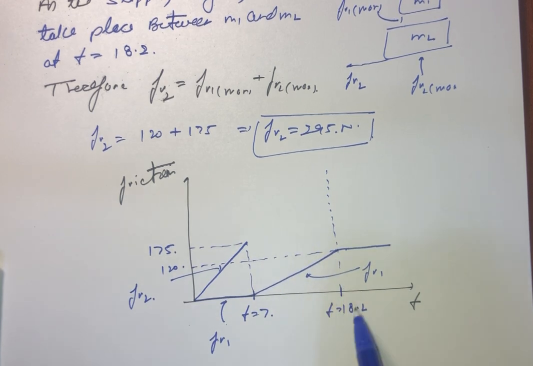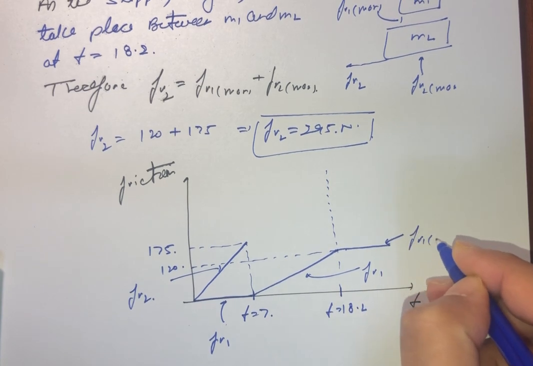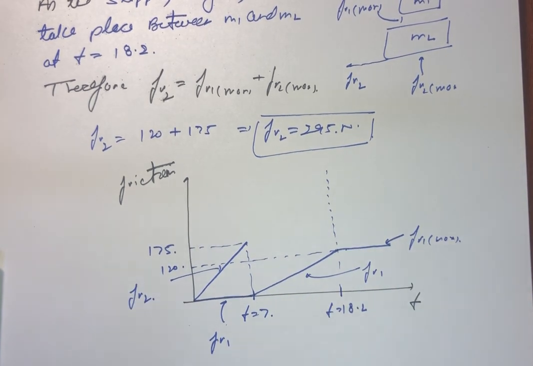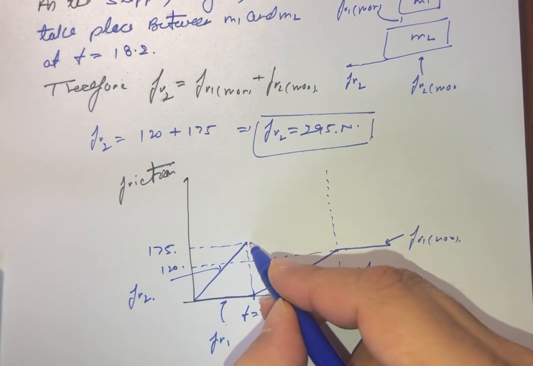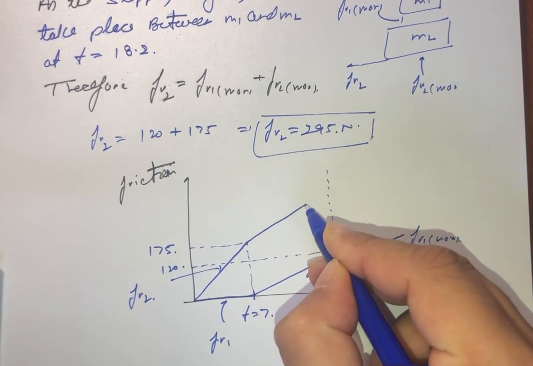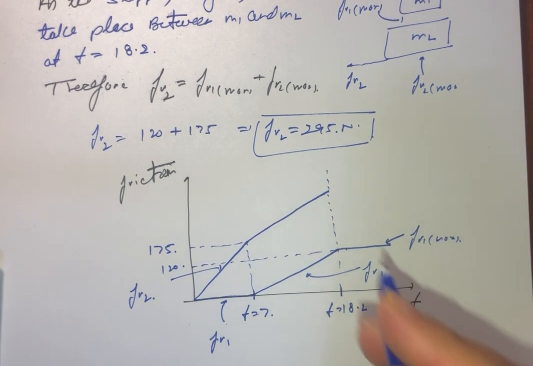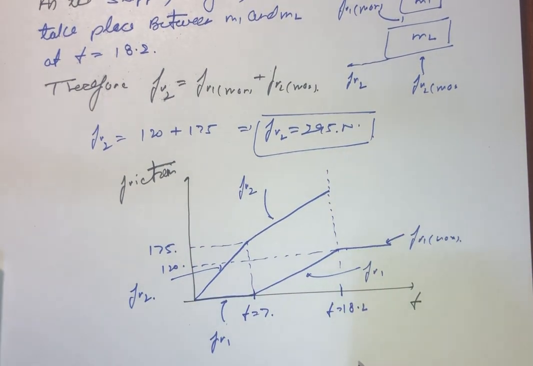So we already defined that this is 18.2, and at this particular instant it values maximum, that is 120. Okay. So this is our FR1 max. But in the same time period, the graph for FR1 varies by the equation 25t minus 35a. So this is our graph of FR2,